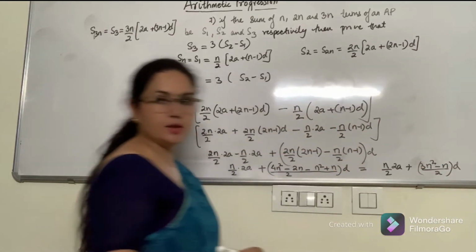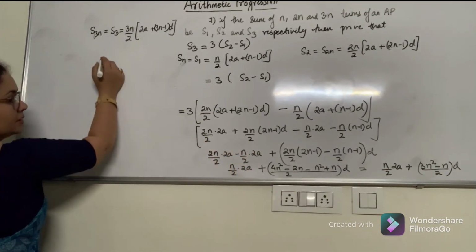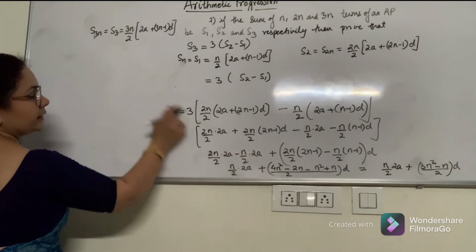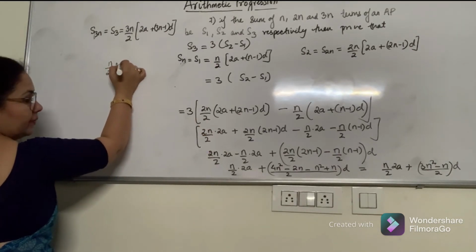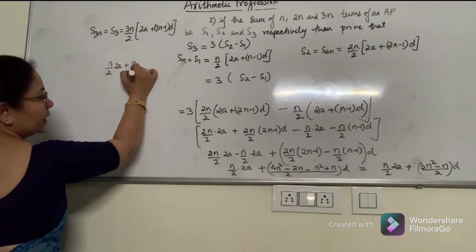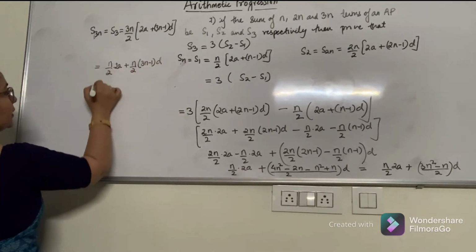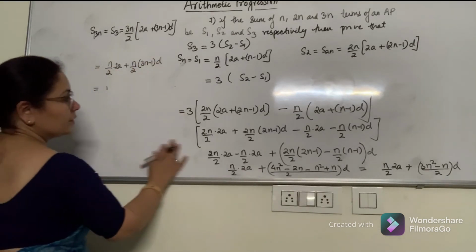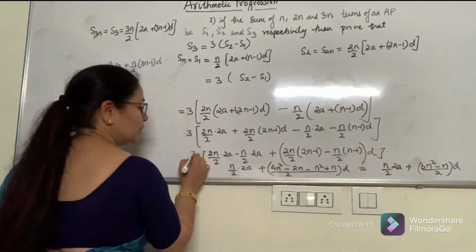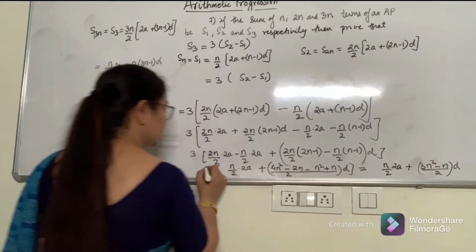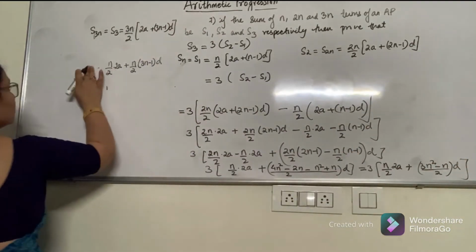I'm getting this thing. Can I manipulate this? I can take n common. We can do one more step. n by 2 2a plus, taking n by 2 again common, so 3n minus 1 I am getting, and d. And this 3 is left over. This 3 is continuing; it was in the question earlier also. I have left this thing. So we were having this 3 till the end, here also and here also. And now finally it is here also.